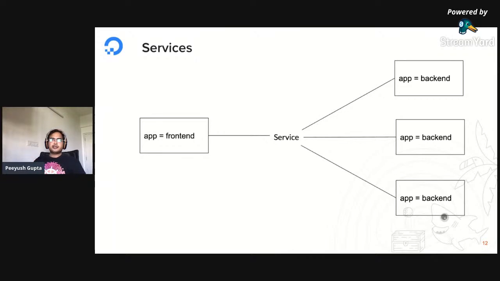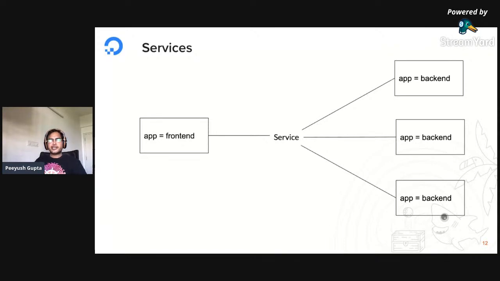So they are a logical grouping of multiple similar entities, if you want to define it that way, right? Let me just take an example. You have an application and you want it to be highly available, or you don't want your service to be obstructed if one of the pods goes down, right? So what you do is create multiple copies of an application. That's the basic of having high availability, right? You have multiple copies so that if anything goes down, you still have something up where you can route your request to, right?